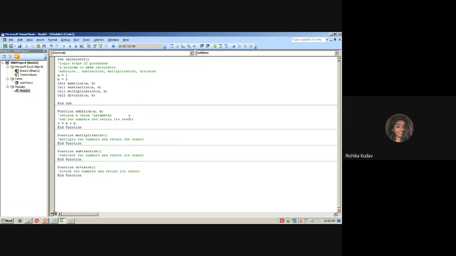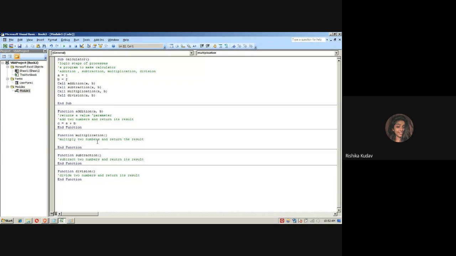Sir, are all these codes supposed to be written in between the routine function? Yes, you have to write the logic in between the subroutine, Sub and End Sub.